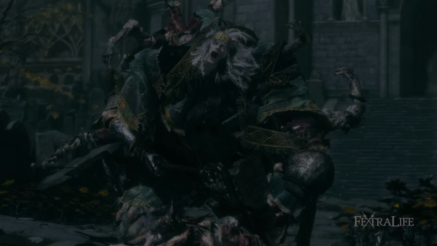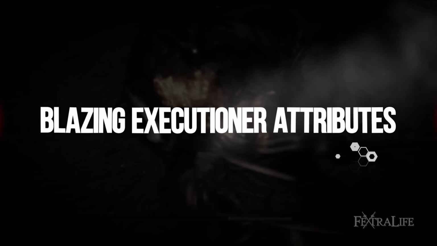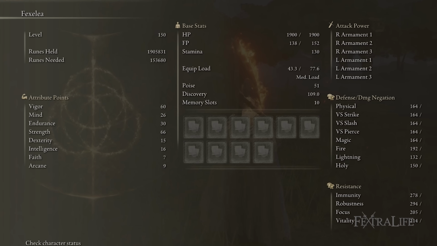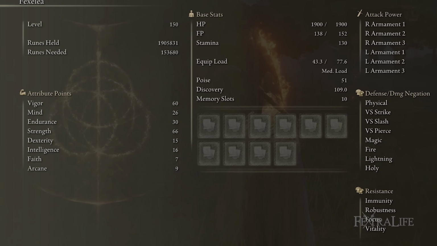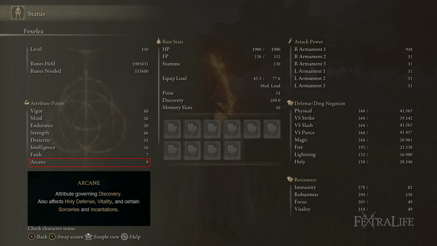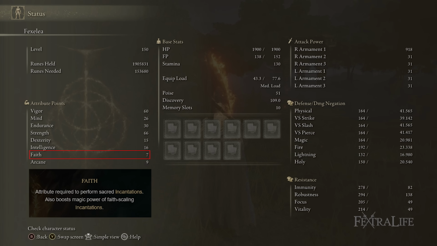When it comes to the attributes that we have for this build, we have 60 Vigor, 26 Mind, 30 Endurance, 66 Strength, 15 Dexterity, 16 Intelligence, 7 Faith, and 9 Arcane. We don't need Intelligence, Faith, or Arcane for this build. I started as an Astrologer, so disregard those. But again, if you want to use Flame, Grant Me Strength, like if you started with a class that has some Faith already, like 11 Faith or something,